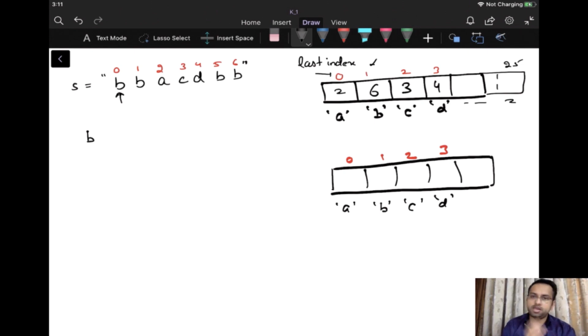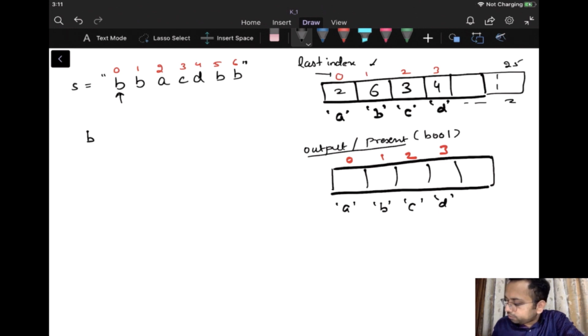Once I have included B, I will not consider B again. So I'll create one more array for output, to say whether it is present inside the output or not. So I have one more boolean array that stores whether we have considered a particular character or not. Every character is by default initialized to false. So initially we have not considered any character, so we'll make every bucket false.